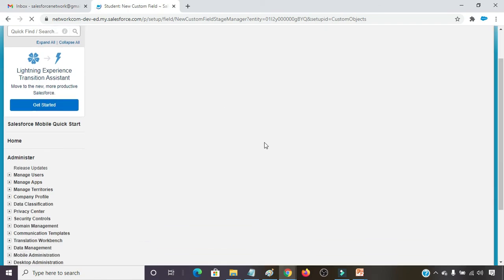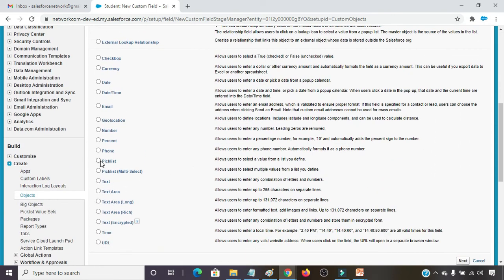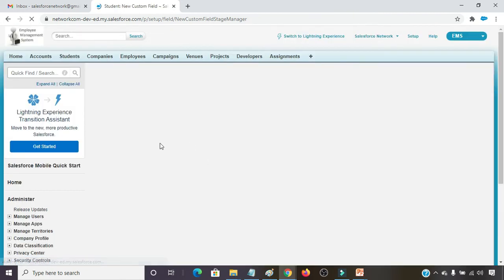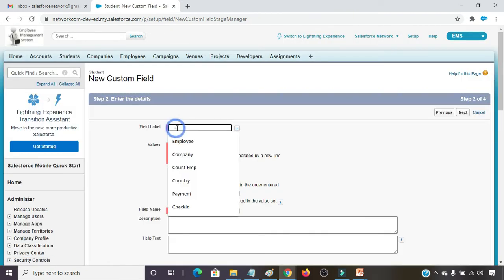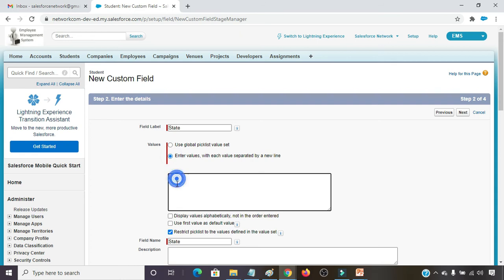Again for the second field, I have to choose the data type pick list, clicking on next, providing the field label state, and entering the values: KA Karnataka, TN Telangana, MH Maharashtra, UP Uttar Pradesh, Alabama, Alaska.